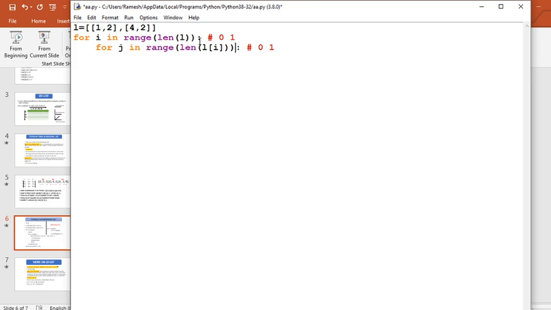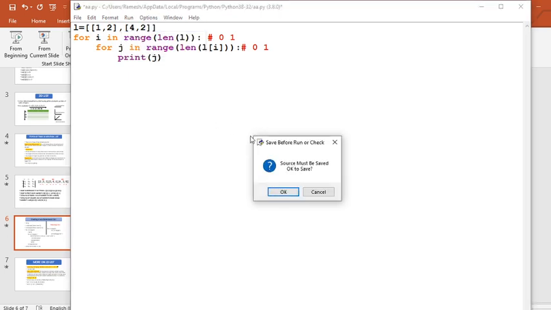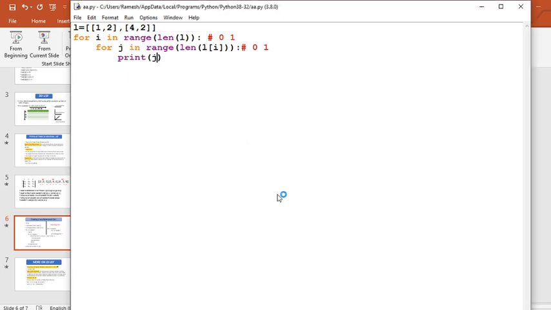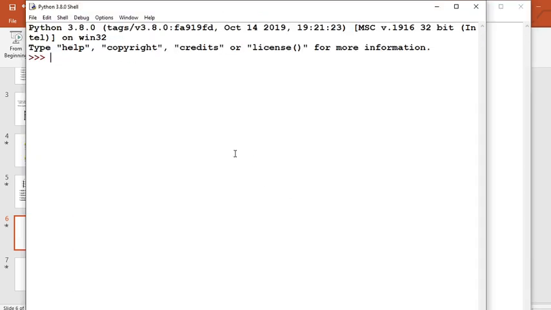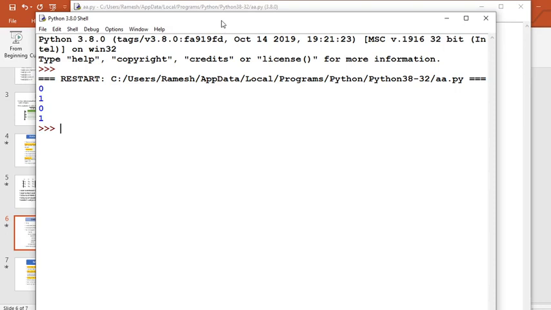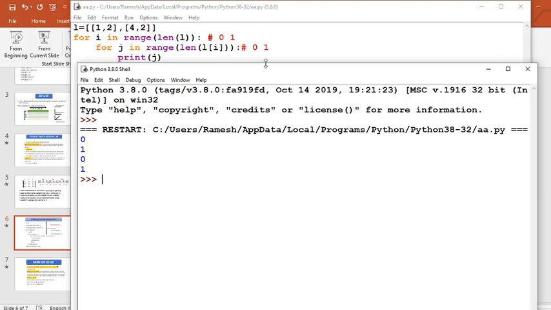So if you want to traverse it, then how can we do it? We can do it here, and after that we can simply write print J. If we run like that, then see what the output will be: 0 1 and 0 1.